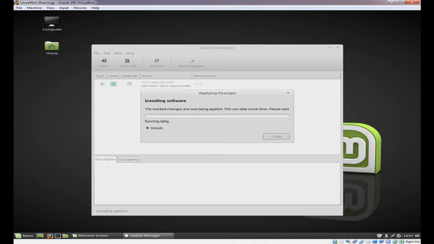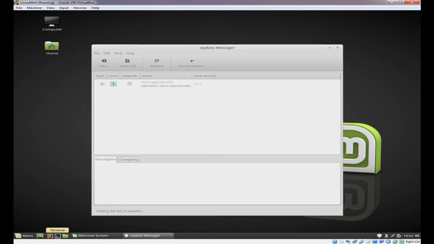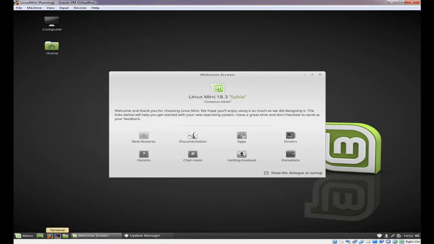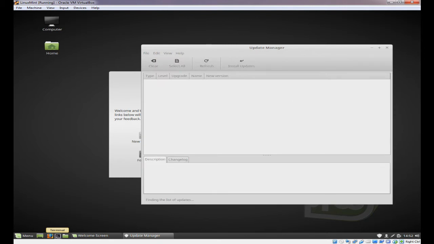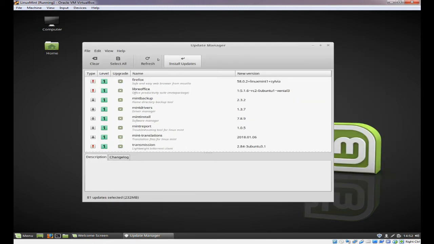You don't need to use the update manager if you don't wish. You can actually do all of this through terminal as well, using apt-get update and apt-get upgrade. But it's much easier if you've come from the Windows environment to use the update manager. As you can see, I've got 81 updates selected, 232 megabytes. So I'm going to install those updates, and